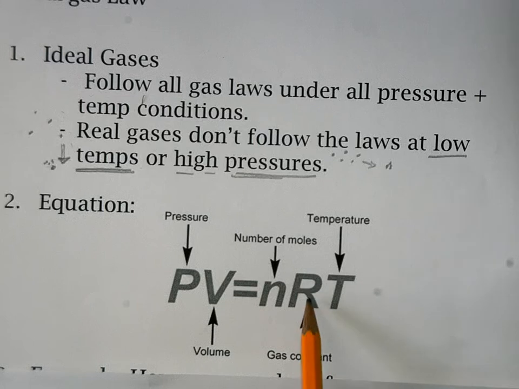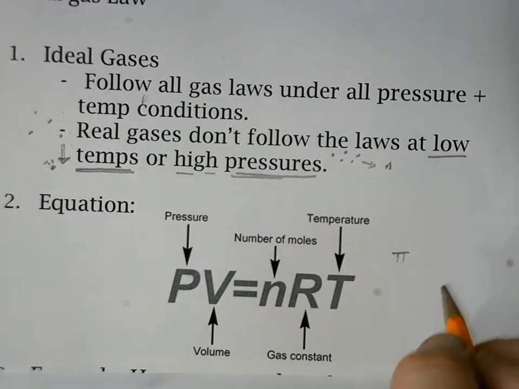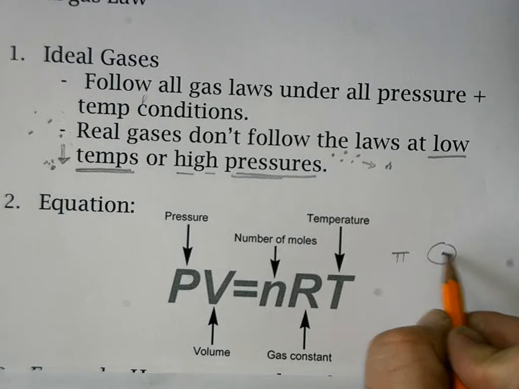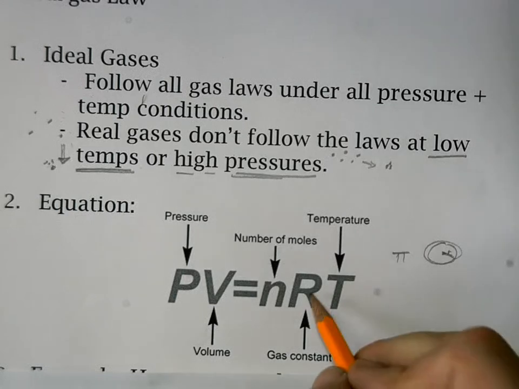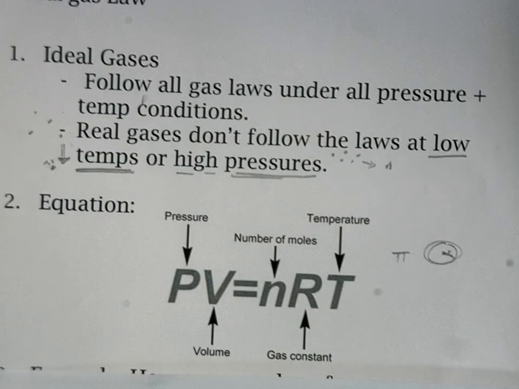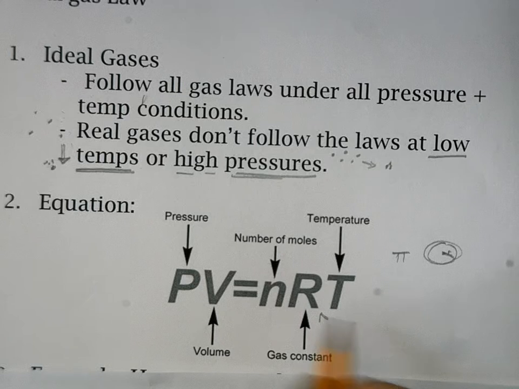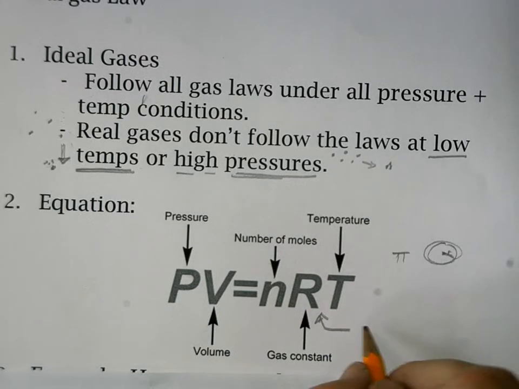Oh, now here's a new one. N is going to be our symbol for moles from our previous unit. R is a conversion factor. Math has the really cool conversion factor pi that relates the radius of a circle to its circumference. So it's just a conversion factor, and that's what R is for gases. And the most commonly used value for it is this one,